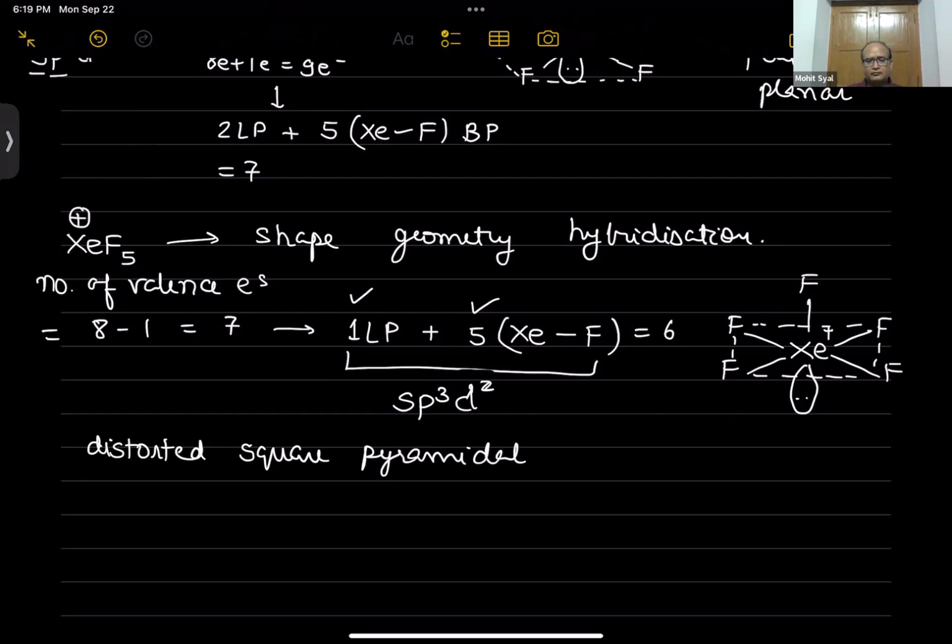Why distorted? Because the lone pair is going to push these 4 fluorines upward. Okay. Is it clear? Bond angles will be less than 90 degrees. So what you do, you make a base geometry